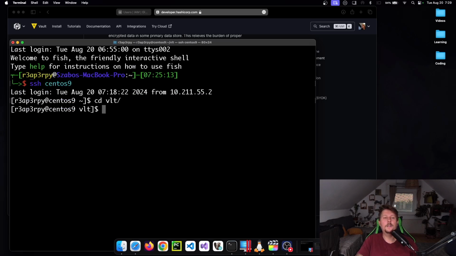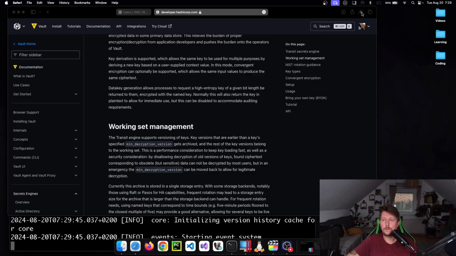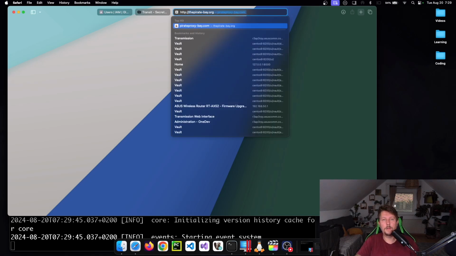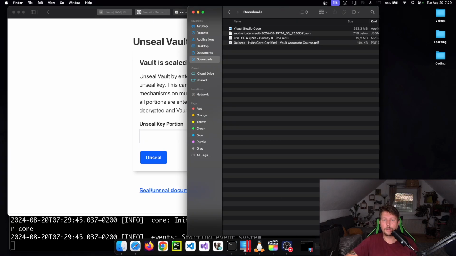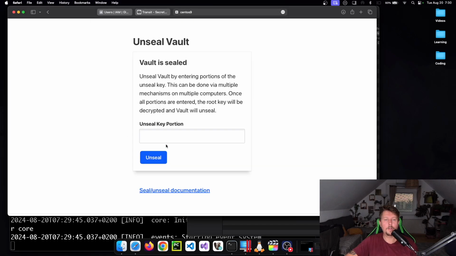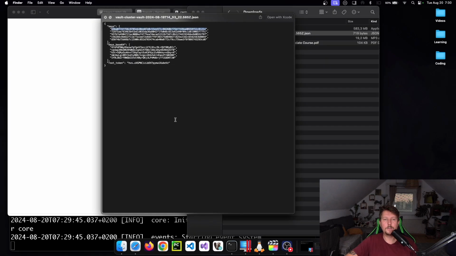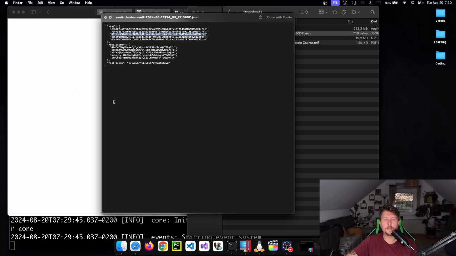So vault server config, config.hcl. And now we should go to the HTTP CentOS 9 and unseal the vault. Where is it? Let's use the keys. So basically, Transit Secret Engine is going to allow you to encrypt and decrypt secrets during